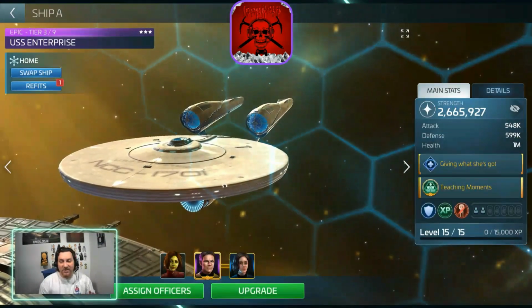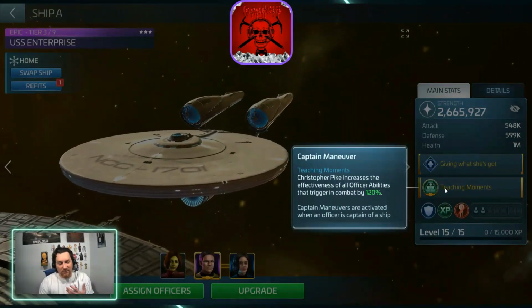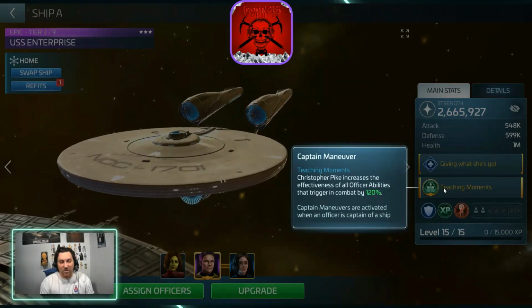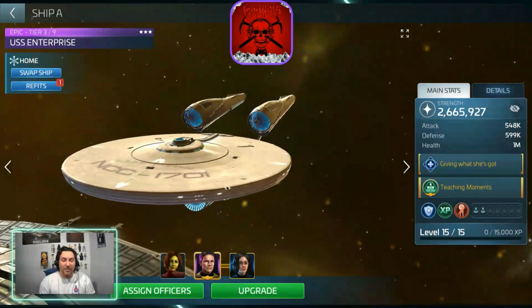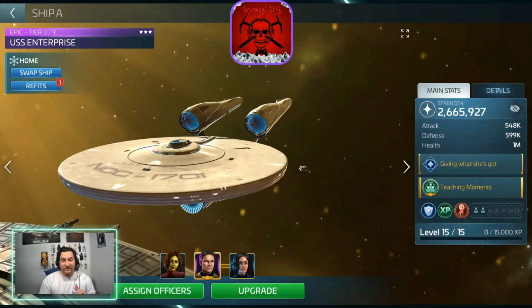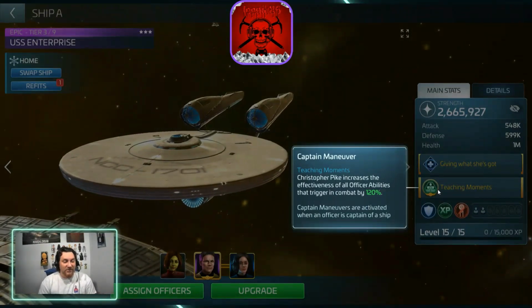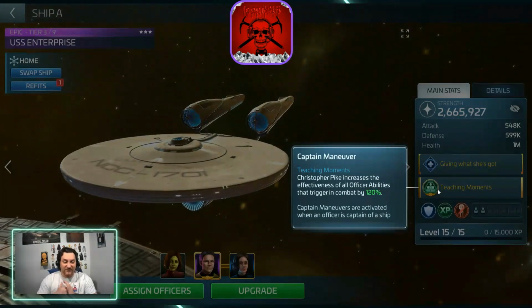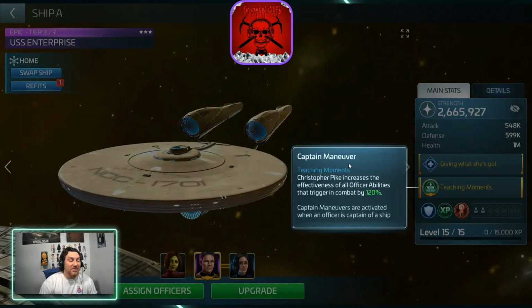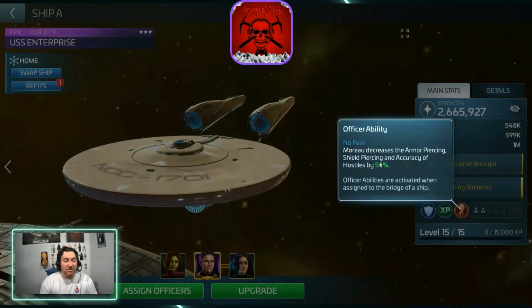Alright. So let's explain this to you guys. So Pike, obviously, as a player who's been around a little while, you'll understand what Pike and Moreau do and why Pike Moreau Chen works so well. If you don't, the reason is the synergy and his teaching moments. Christopher Pike increases the effectiveness of all officer abilities that trigger in combat by 120%. What that means when you take in the synergy, okay, of Moreau,